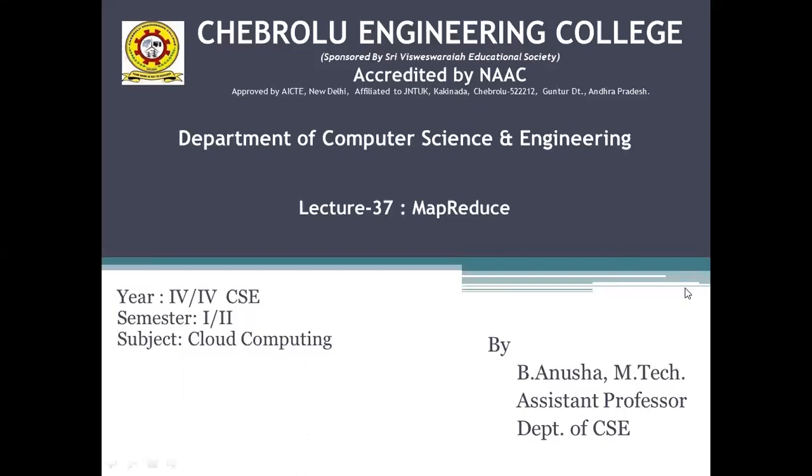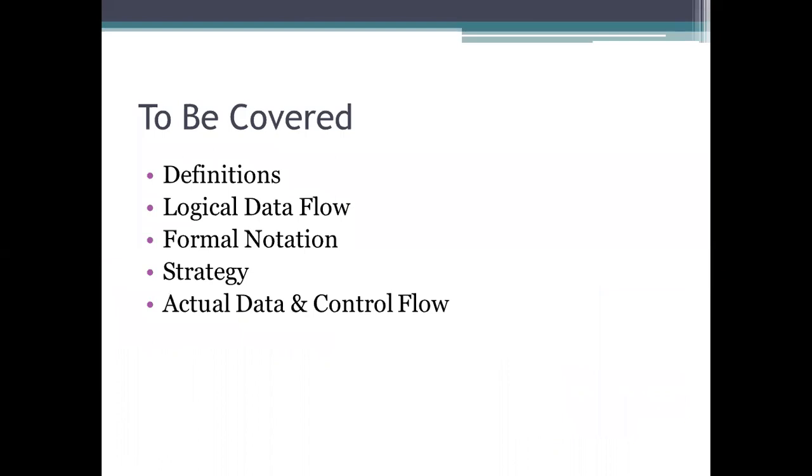We will see how we design the definitions, the basic parts, so we need to write the definitions. After writing the definitions, we will see how it processes and connects the data flow, that is, the logical data flow representation. So we need to know how the flow of the data is considered, what notations we are using for these data flow representations, how we solve problems using the strategies of MapReduce, and what keys, values, or functions we are representing has to be specified here.